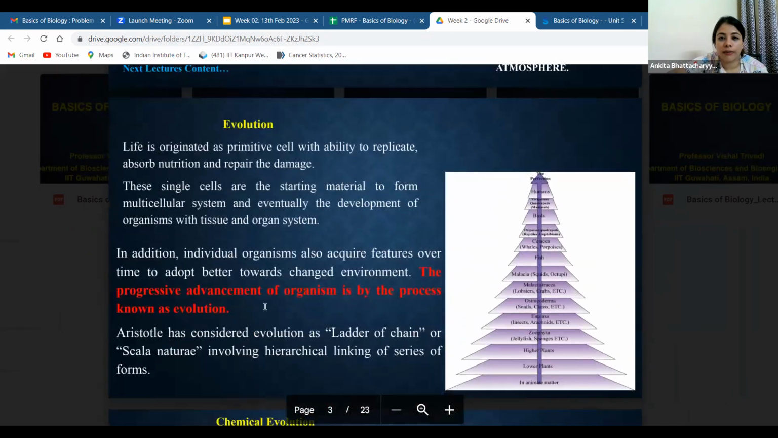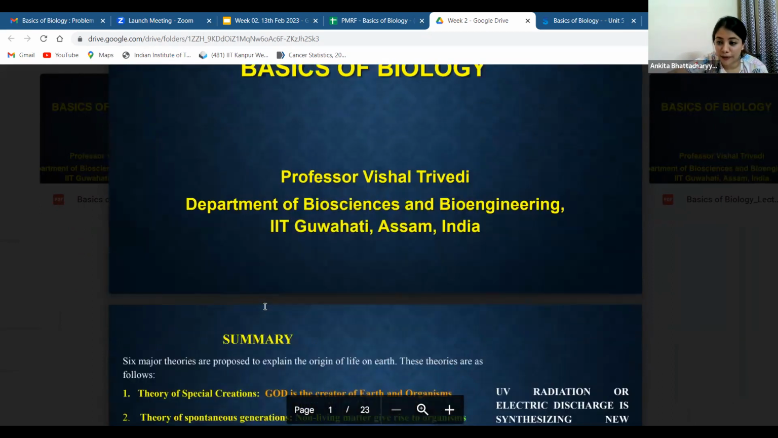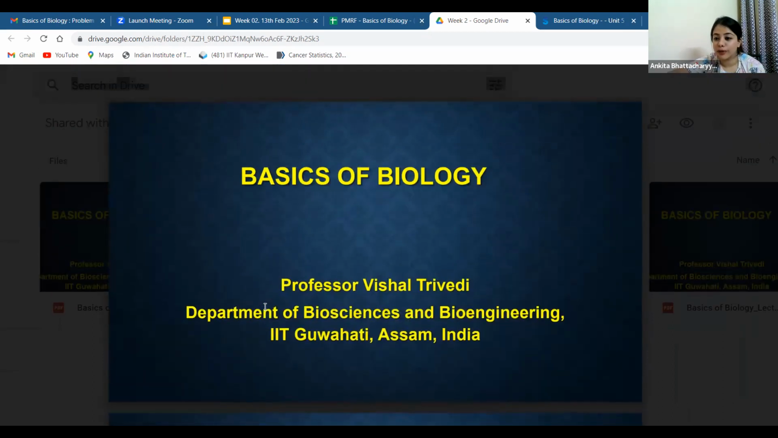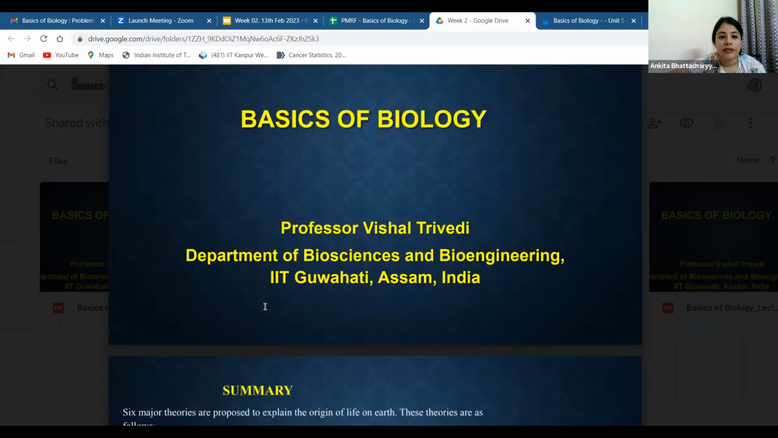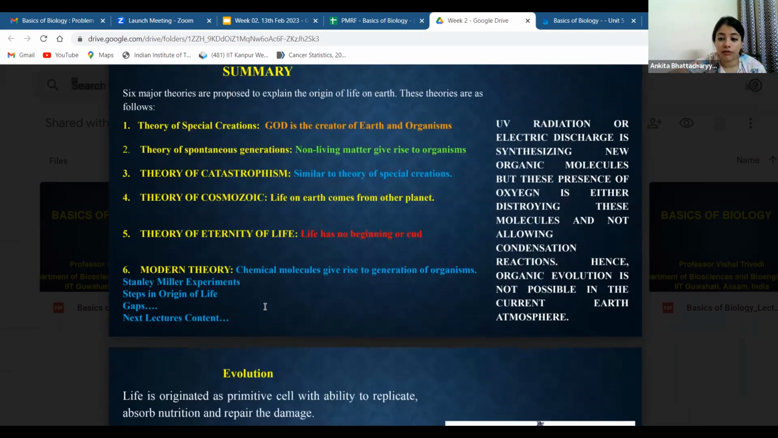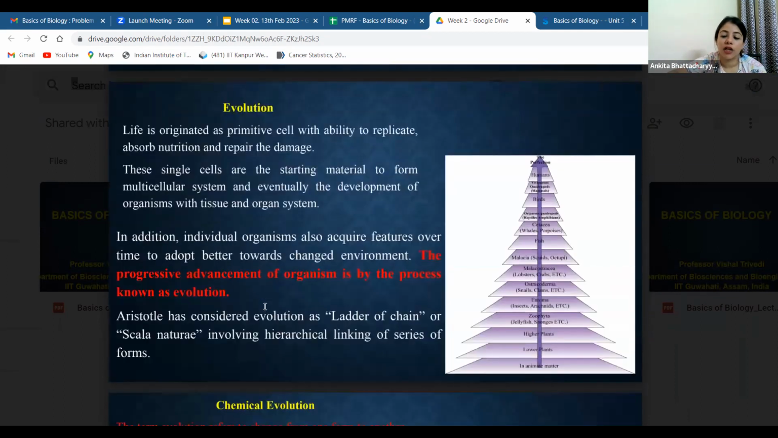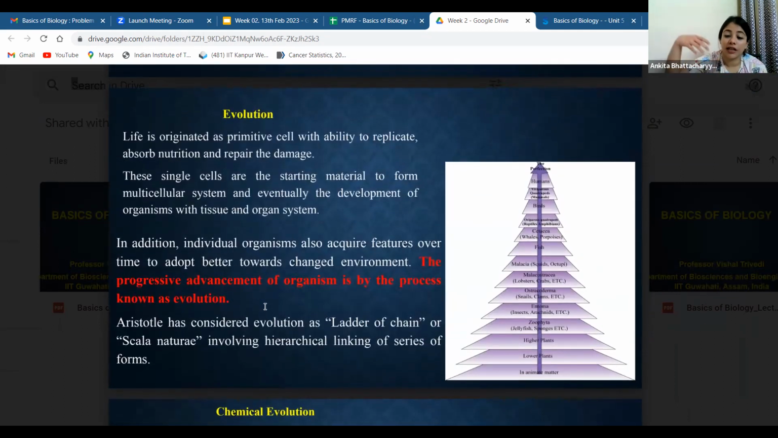So coming to evolution, the second part. Till now we have talked about the process of origin of life, the different theories which discussed it. Then in the second section of the content for week 2, the concept of evolution was brought about. So the advancement of an organism over a period of time is the process of evolution. And one of the major contributors to this is Aristotle. So again, another eminent scientist that you need to keep in mind, because he gave the idea of scala naturae,